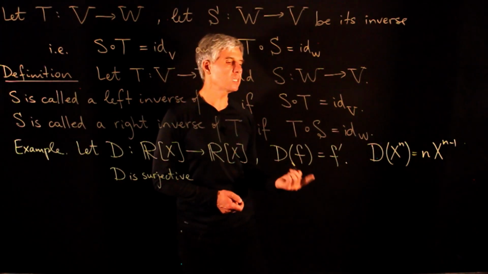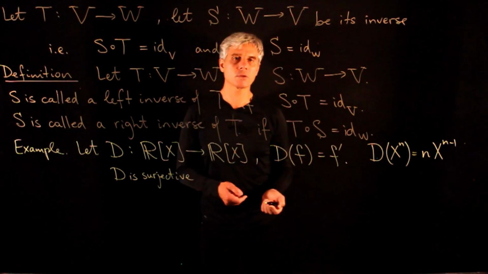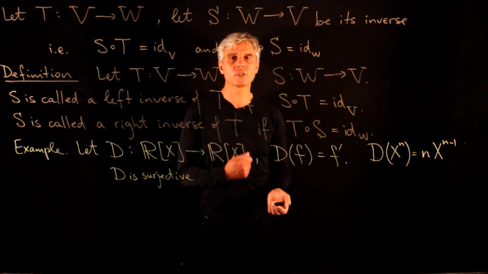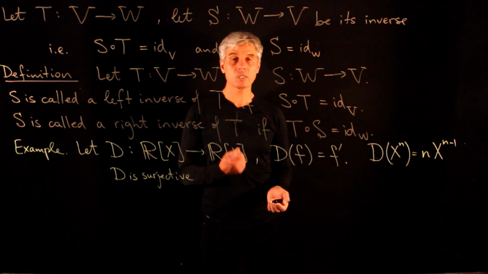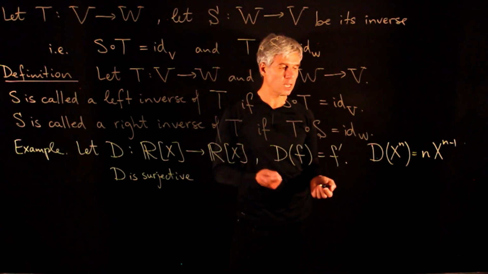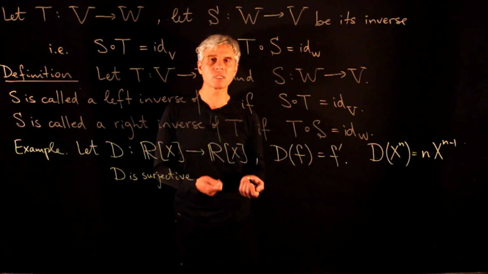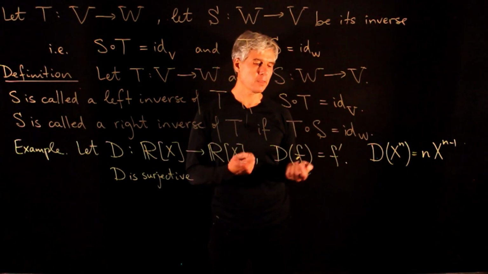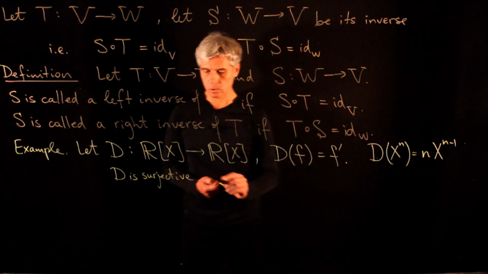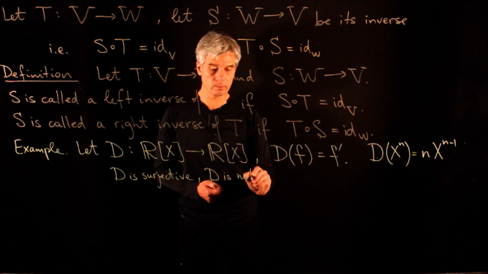Now, how about injectivity? Injectivity means that the kernel of this transformation consists just of the zero polynomial. Is this true? The answer is no, because when we apply differentiation to a non-zero constant polynomial, the result is 0. So this means that D is not injective,